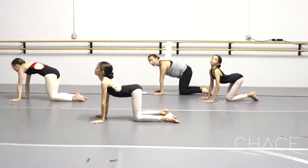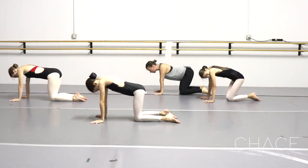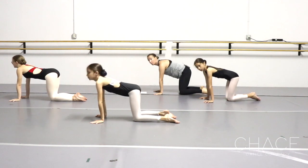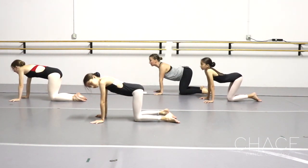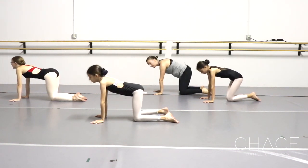4, curl, 5, 6, 7, press the floor away from you, arch, 2, 3, 4, curl, doming out your back, opening up the shoulder blades, 2 more times, arch, think of getting your bun really back on your bum, yes, nice, and press it up, curl,